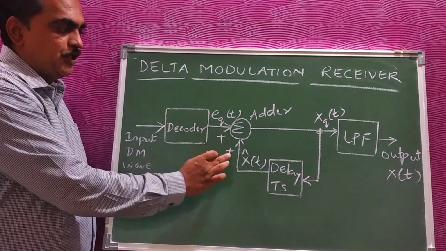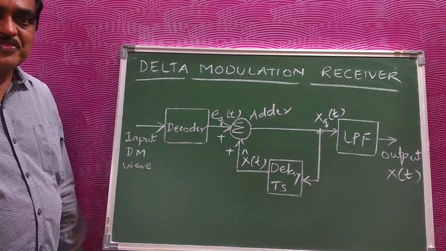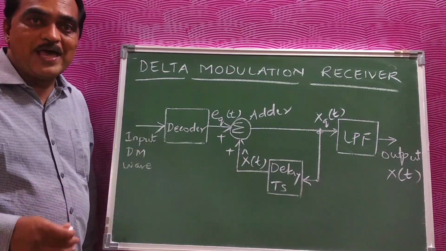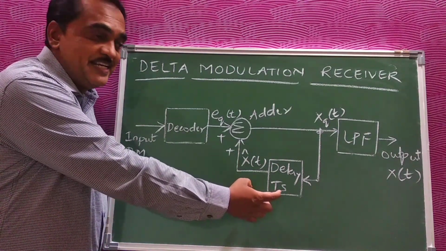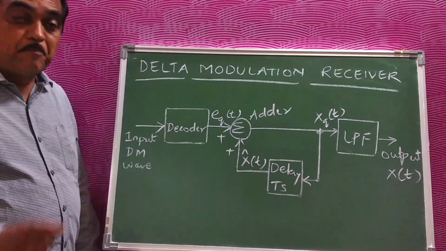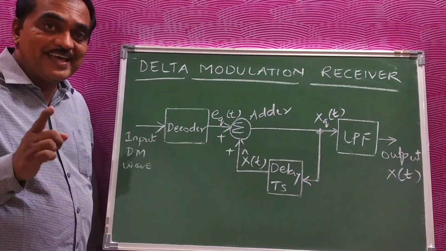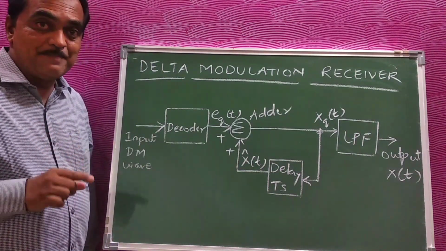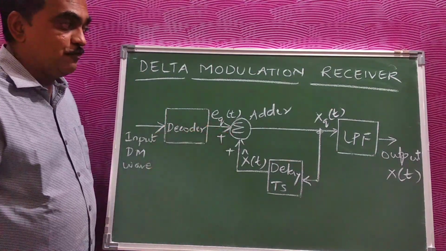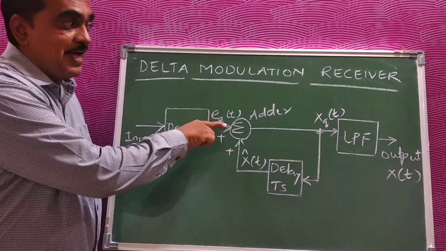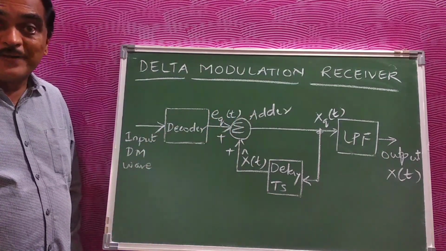To that input we add the previous sample value, estimated by the prediction filter, which gives the estimated value of the previous sample, and this error is added to it. If you add both, you get the actual sample value of the present,